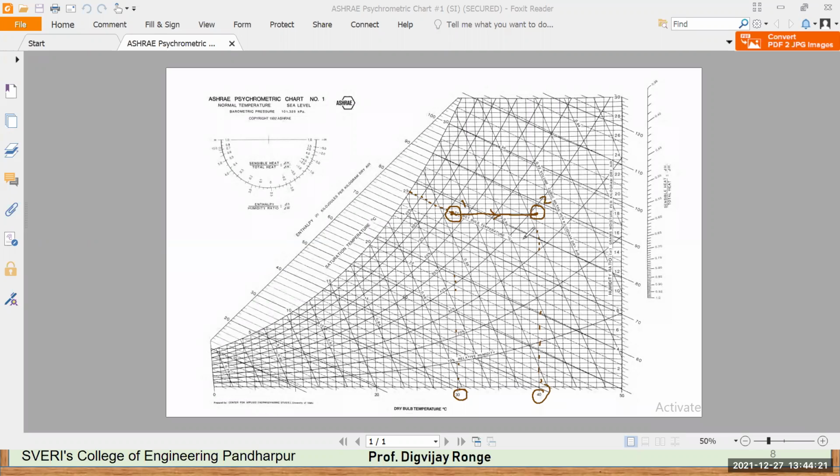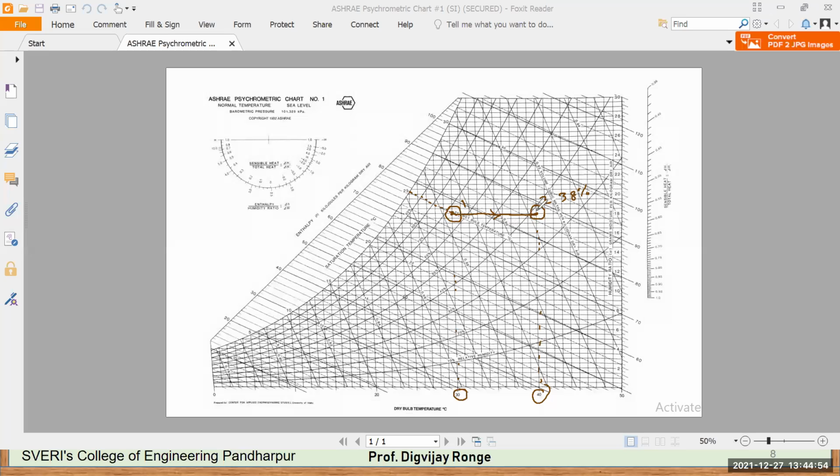Okay, so what they are asking here is the final RH and WBT. So initially, this was the RH. RH initially was between 60 and 70, so that may be 65 or 66. Now here the RH is below this line. So this line corresponds to 40 percent, right? This is between 40 and 30, but a little bit inclined to 40. So I will assume it will be 38 percent. And WBT, how to calculate WBT?